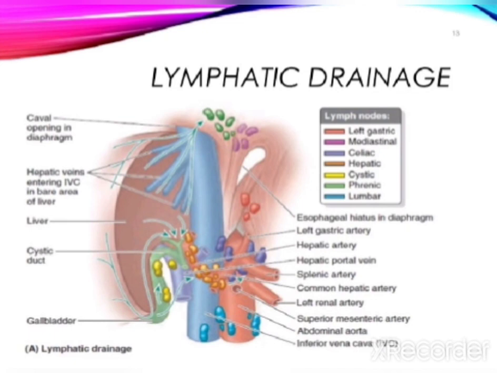So superficial lymphatics of the liver run on the surface of the organ beneath the peritoneum and terminate in the caval, hepatic, pericardial and celiac lymph nodes. Some vessels from the coronary ligament may directly join the thoracic duct. The deep lymphatics drain partly into the nodes around the end of the inferior vena cava and partly into the hepatic nodes. So this is about the arterial supply, venous drainage and lymphatic drainage of the liver.